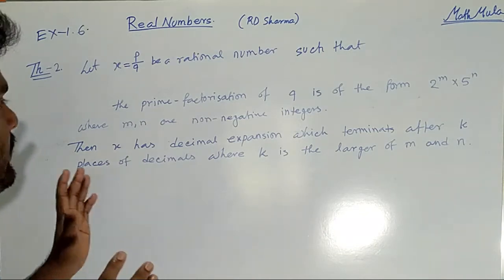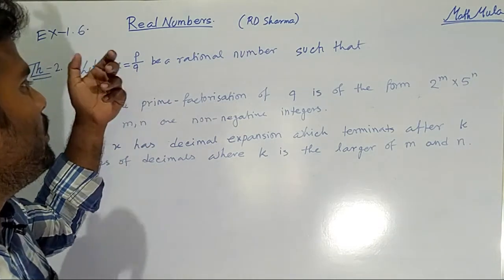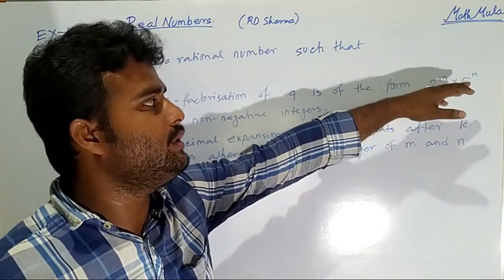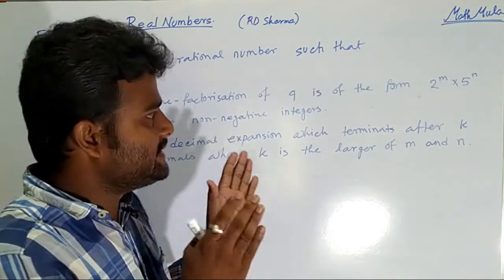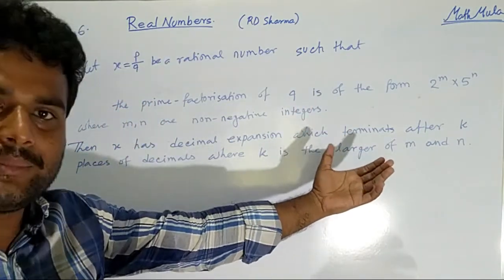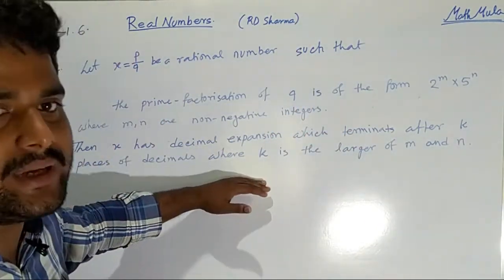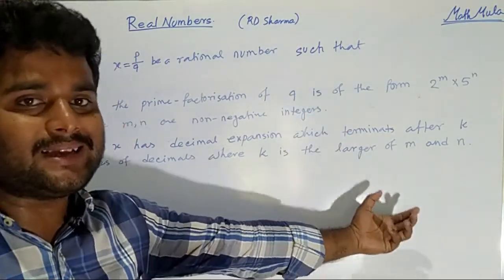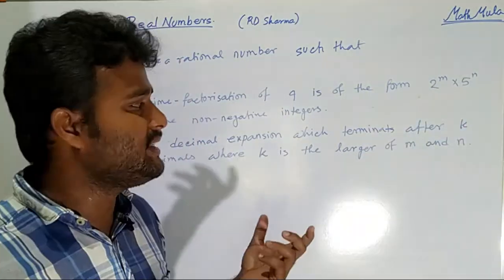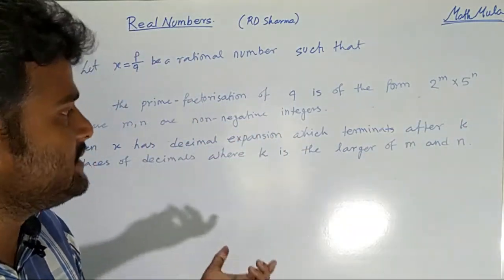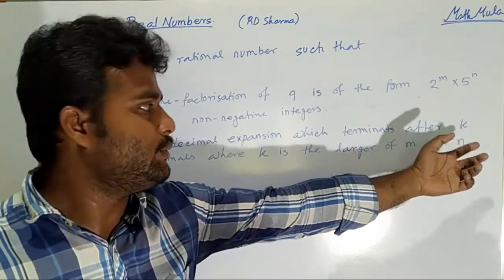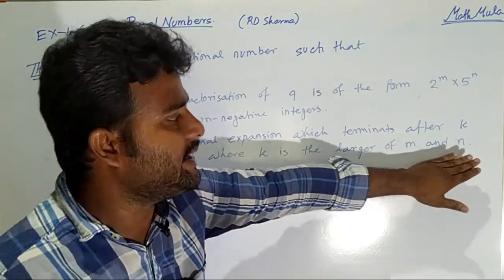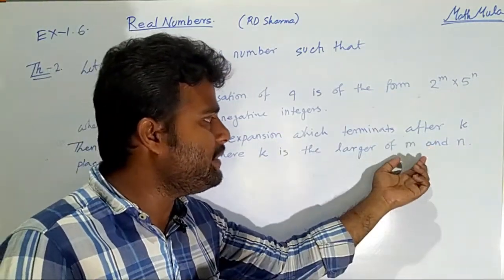We know from the first theorem that the denominator of a rational number can be expressed in the form 2 to the power m into 5 to the power n. Then the decimal expansion of this rational number is terminating. Now this theorem says that for these terminating decimal numbers, the decimal expansion terminates after k places. Now what is k? k means the larger